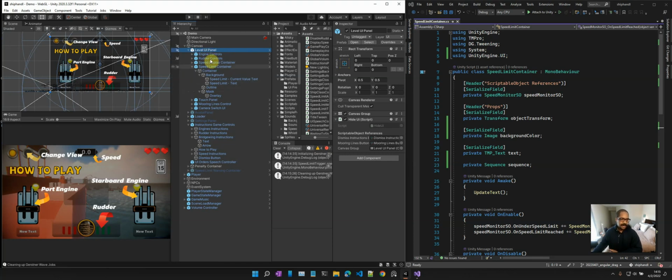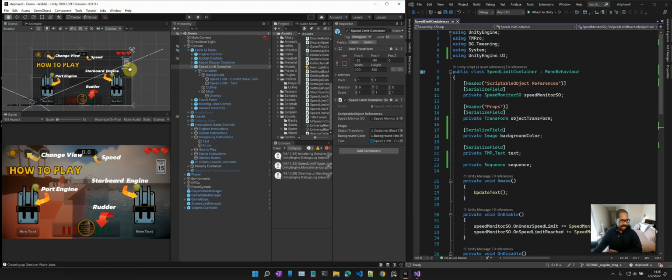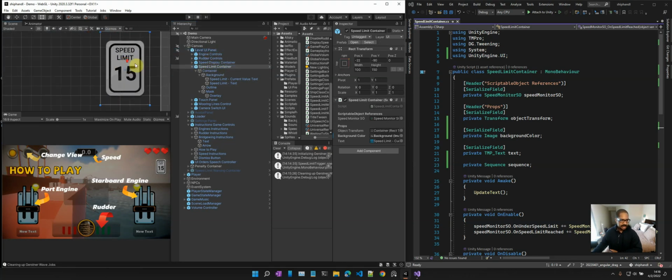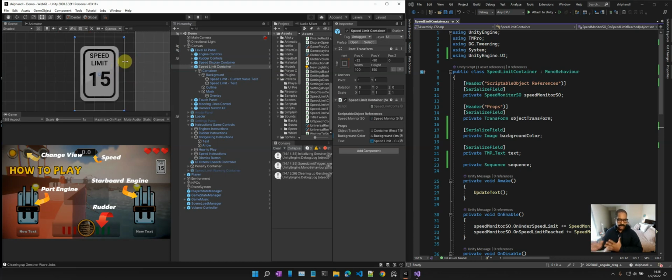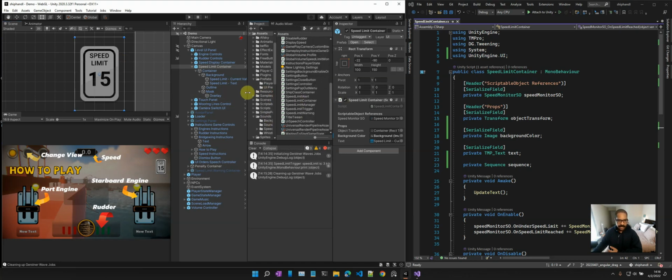All right, so the layout here, I have the level UI panel. I'm going to look for that speed limit container. Here it is. I'll zoom in on it. So there's the speed limit container, its own separate game object, of course, on the user interface. And it has a piece of code attached to it, a script, called speed limit container. So if I open that, which I already have open here in Visual Studio,